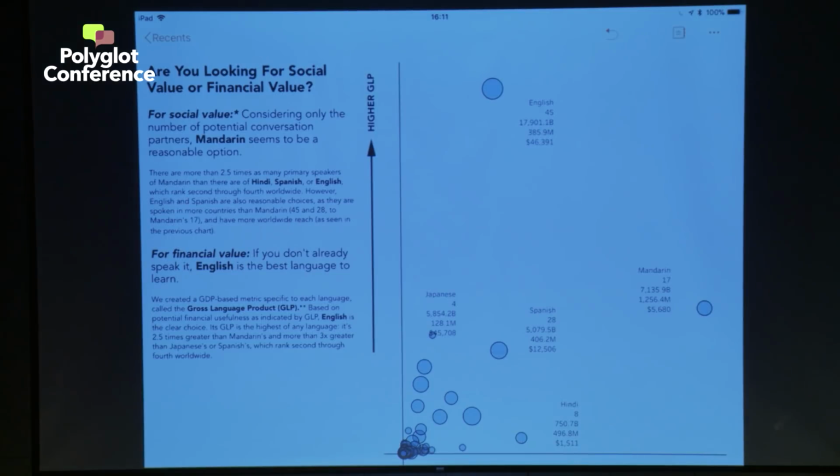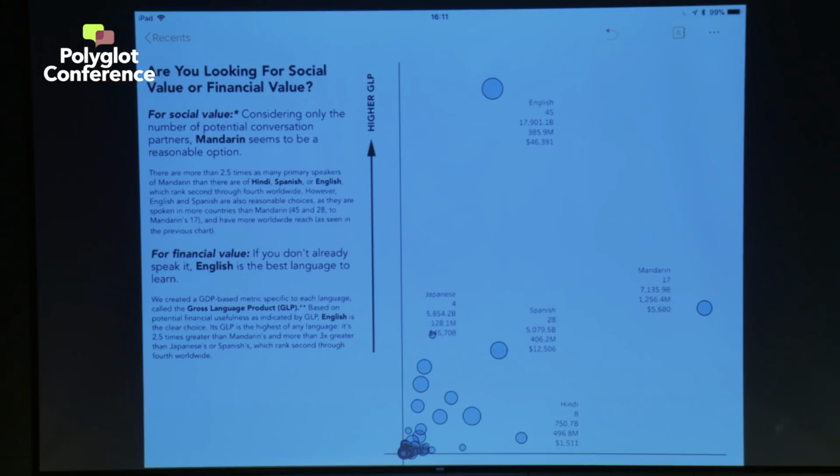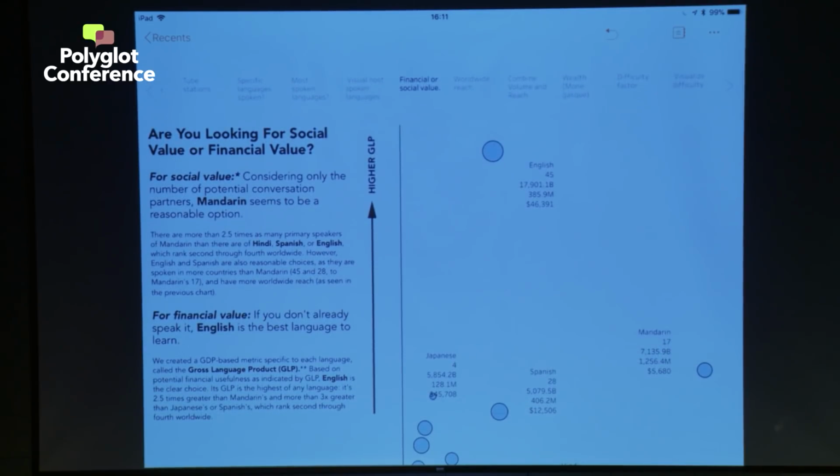And then you start to see countries that have a smaller number of speakers, like Japanese, have a much higher GDP. So maybe in terms of which language will benefit my career more, you might want to lean in that direction. But you still want to push things over, and then you still have the likes of Spanish that has a much larger group of countries, a lot of variation there. So this is useful information, but we can dive a bit deeper.